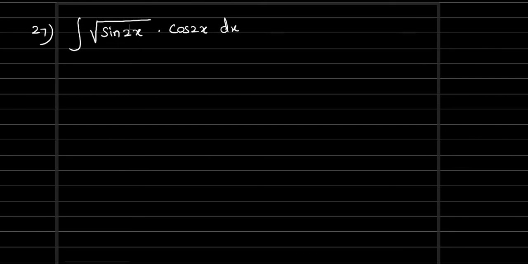See, with one function with the other one we can relate it. So sin x differentiation, obviously cos x we will get. Cos x differentiation, minus sin x we will get. But it's inside the square root. So the inside term of the square root I am going to assign as a t. Each one we can relate with the help of the differentiation. So let t equal to sin 2x.